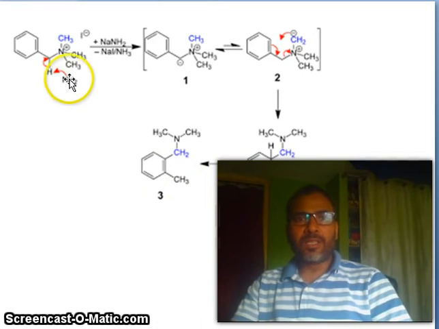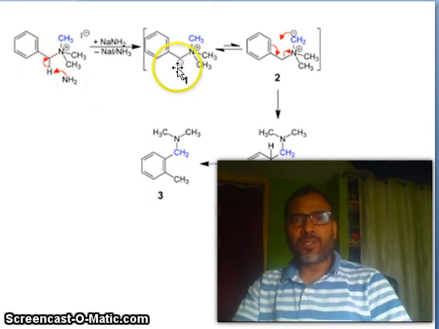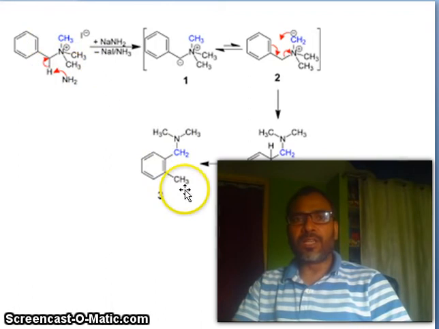So you see, if you have such type of substrates, the nucleophile attacks this proton and forms a carbanion, and it will undergo rearrangement. You see how the rearrangement is going on. It will attack on this. Now it becomes CH2 and CH3, and there is a CH2. Upon workup you will get this here. So what is here? Okay, this methyl group is now here, and there is a new methyl group here.